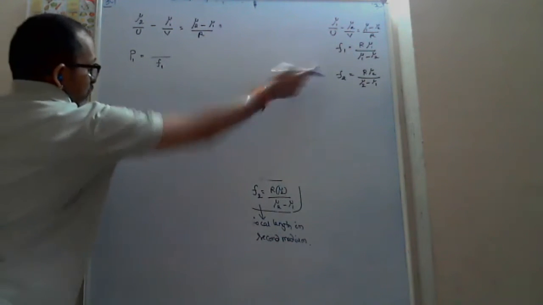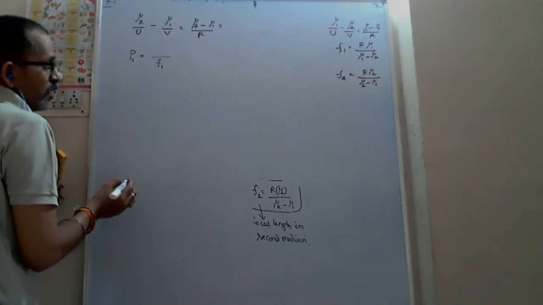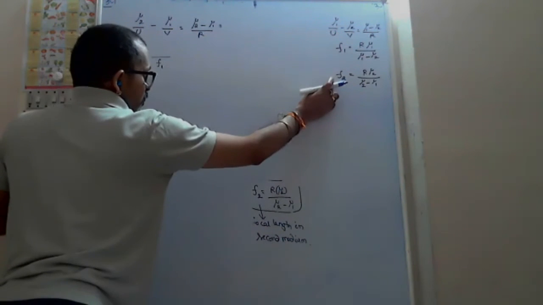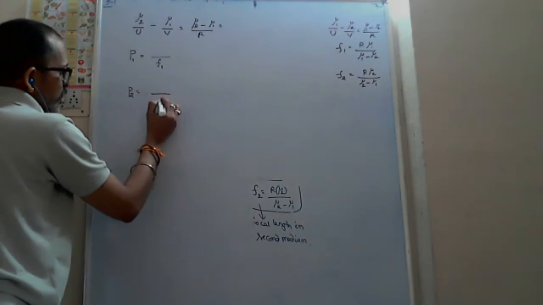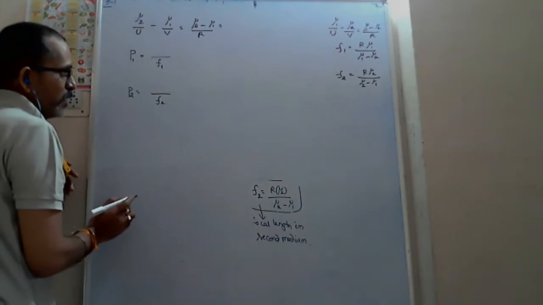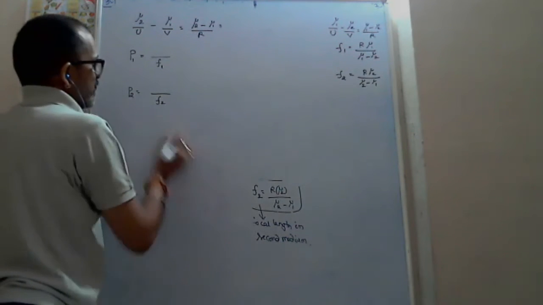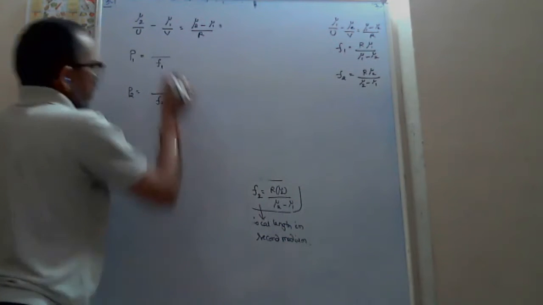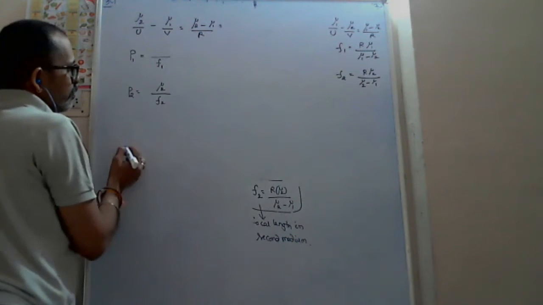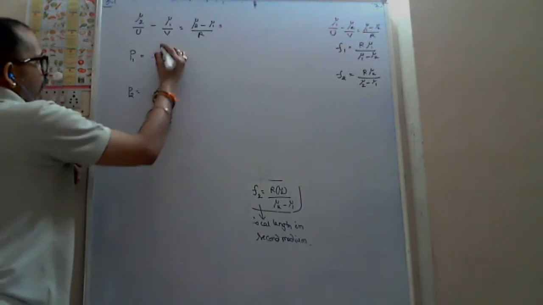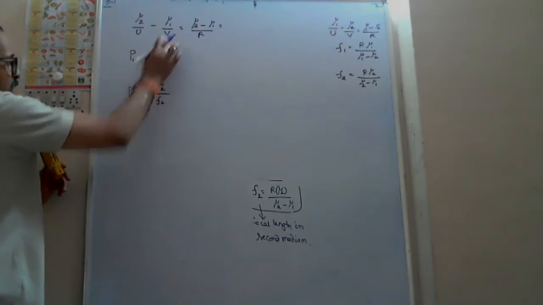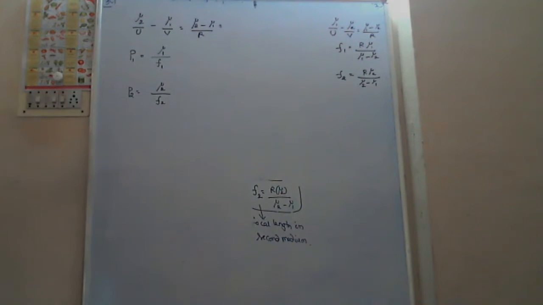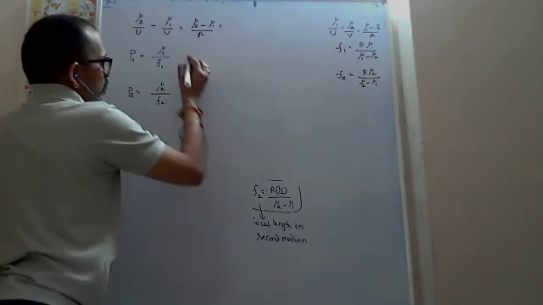Why? Because the focal lengths are not equal. Are the focal lengths equal? No, sir. And here the power also changes depending upon the medium. That's why mu2 by f2, depending upon the medium also, and mu1 by f1, depending upon the medium also, is defined as focal power. Then look at that mu1 by f1, how much are you getting?